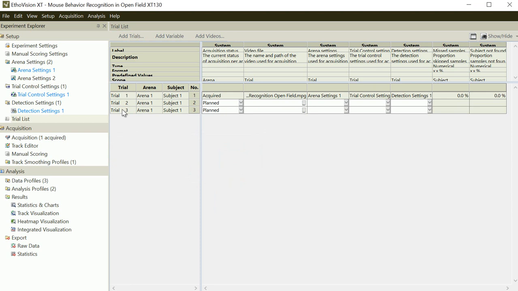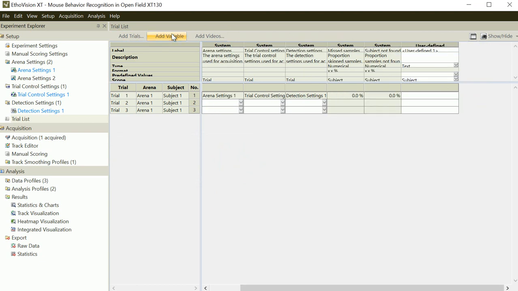So you can add the trials, as many as you like, and add variables. This is an example. So this is a label which should be attached to each individual animal. So let me have an example. For example, this is